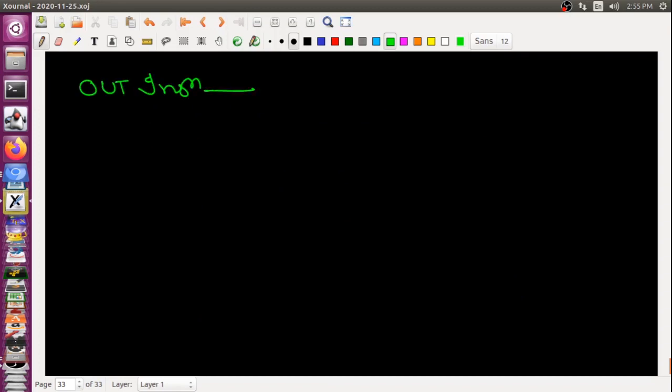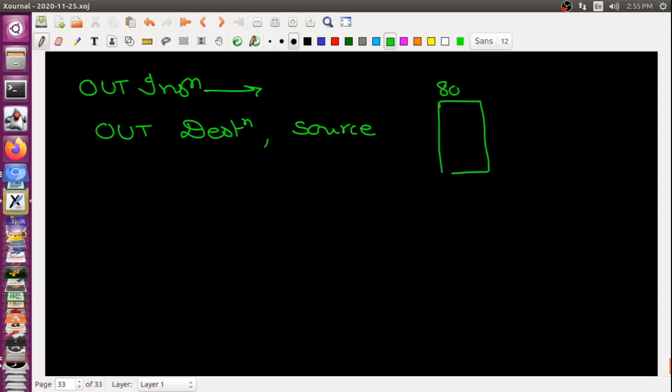Can anybody tell me what pattern will change? My instruction format will be OUT, but here this is my destination and this is my source. If I have the 8086 microprocessor here, and this is my output device, the output device will have some port address.